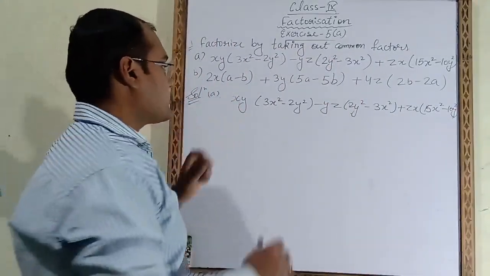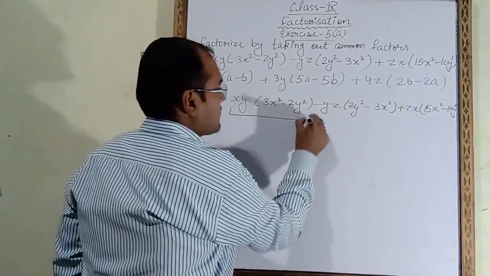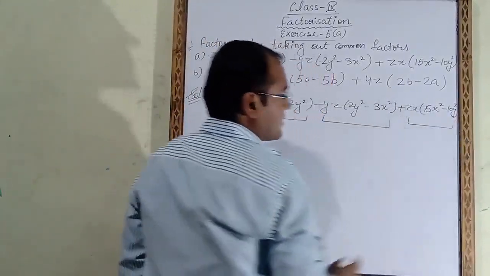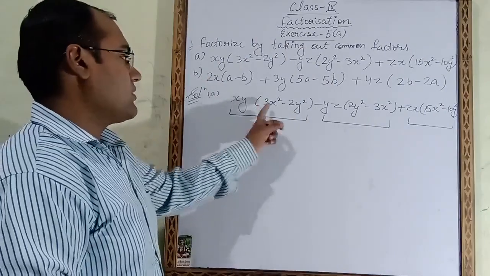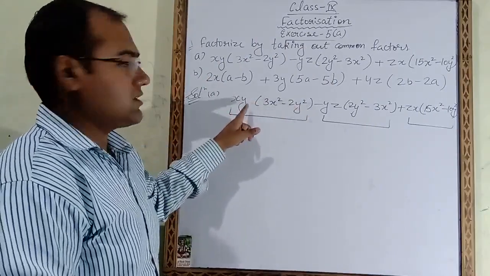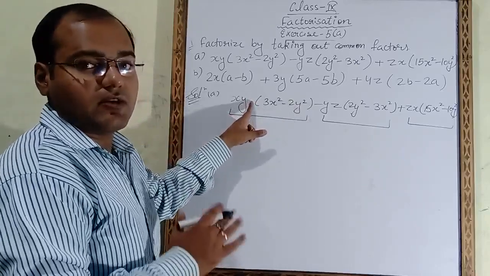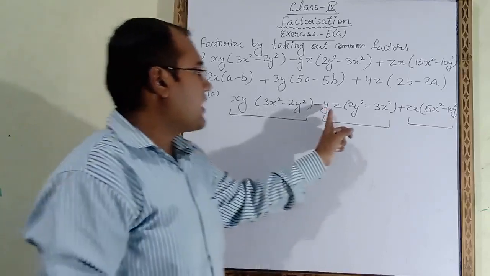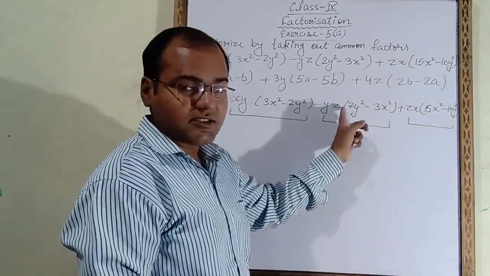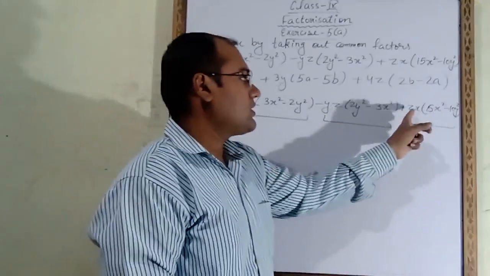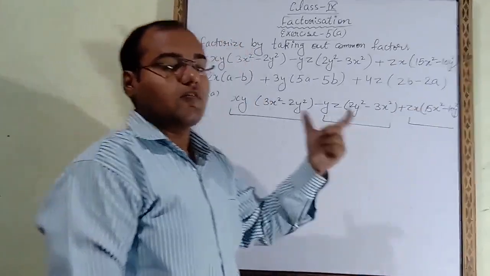So first of all, you have to see the terms. This full is the first term, this complete is the second term, this is the third term. This xy and bracket are in multiplication here. No sign is coming, that's why there is a multiply sign. So this full we will take as one term. Here also the bracket means multiply. So this full is the second term and this full is the third term. Now we have to find common.